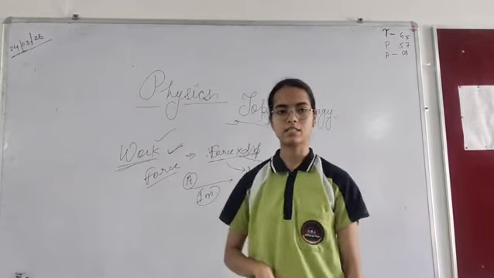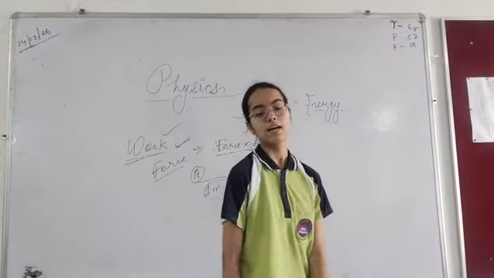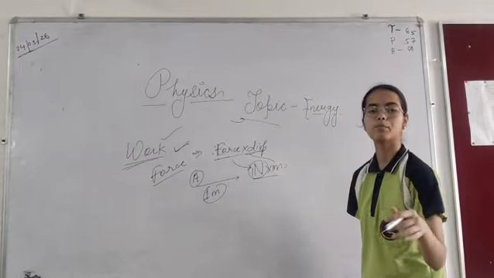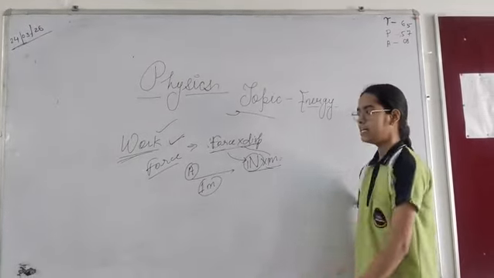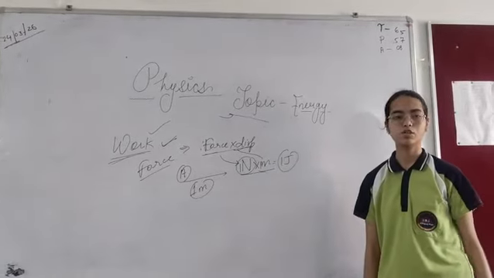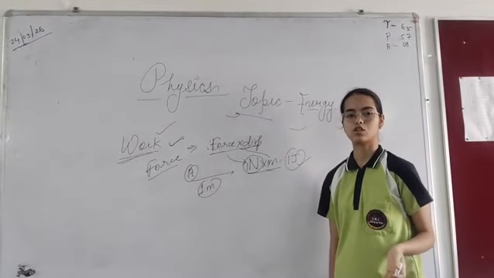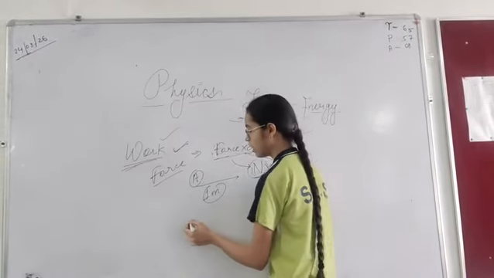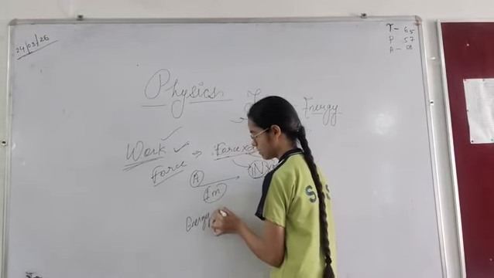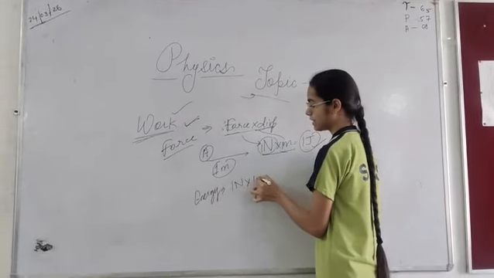Now what do you mean by this? You have seen this written in the books. So what do we really mean by it? When 1 Newton of force is given to any body and the body is displaced by 1 meter, then that is said to be 1 joule. So the unit of work is joule, and the capacity to do any kind of work is called energy. Now for energy we have the formula, the same as work, that is 1 Newton into 1 meter.